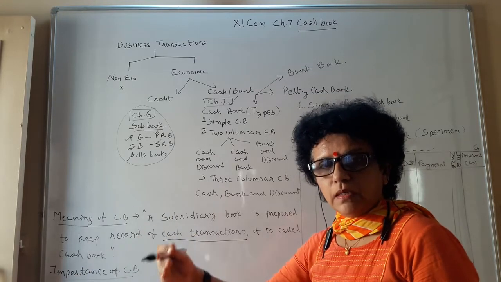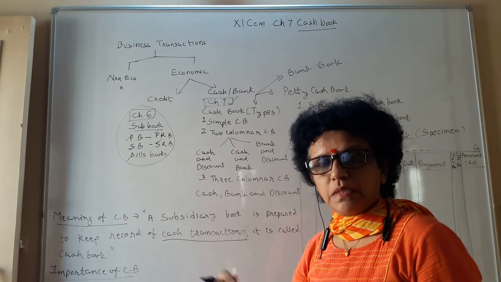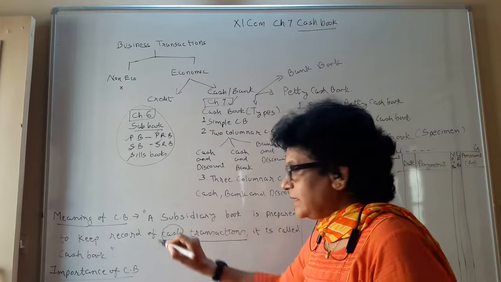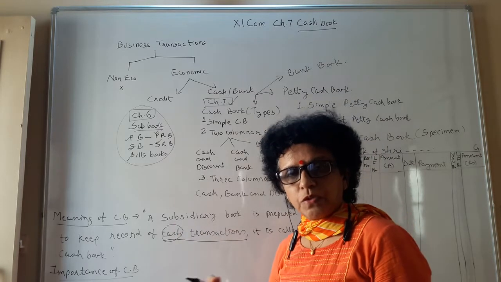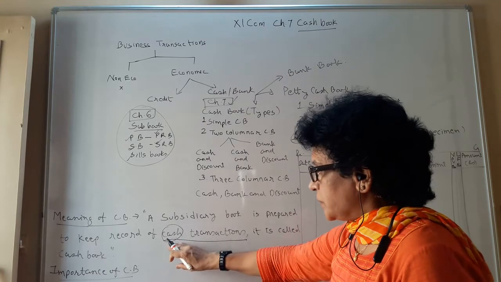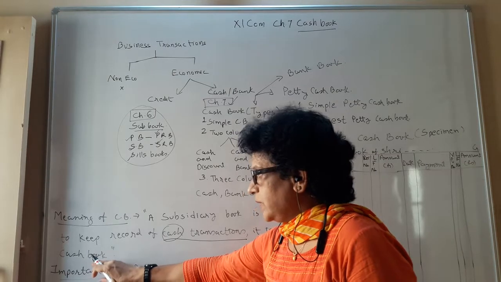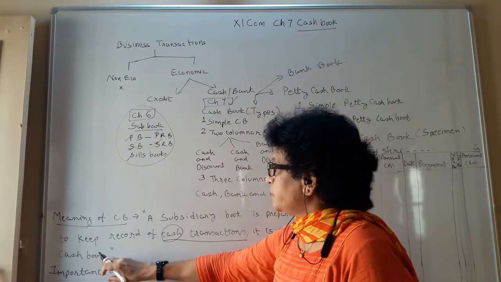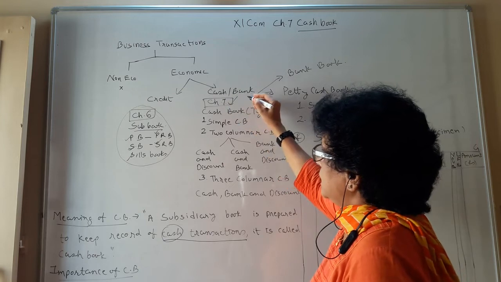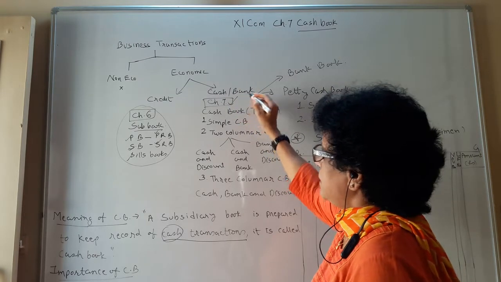The cash book follows the real account principle: debit what comes in, credit what goes out. Cash is our asset and asset means a real account. So the principle of real account is applied to the cash book. So the cash book has cash transactions and that book is known as a cash book. So let us see that cash book. Along with the cash book, we also consider bank transactions, cash and bank.